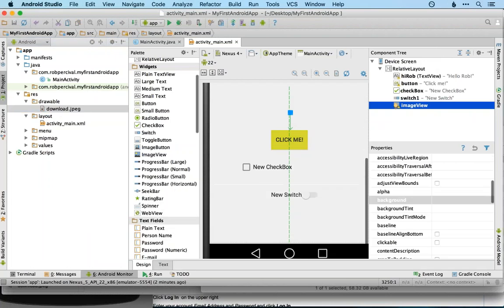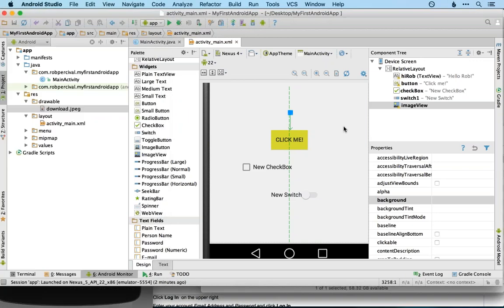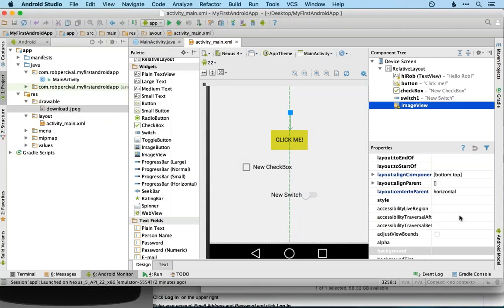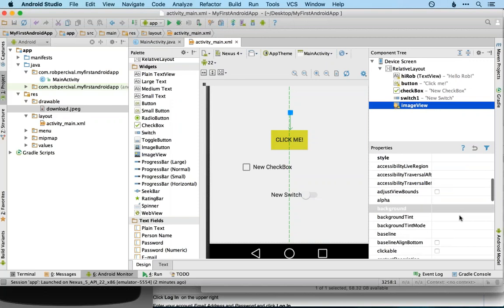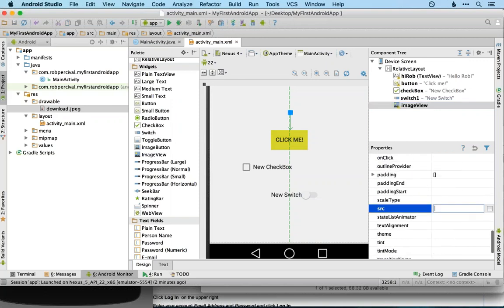Oh, it looks like our app has run. Let's have a quick look. There we go. So we've got our nice big image there, and we can click our button, we can click our checkbox, got a nice animation there, and we can play with our switch as well. All right, so we'll make those properly interactive a bit later on. But the image view, the main thing we want to change here is the src, or the source. There we go. And I should just be able to enter